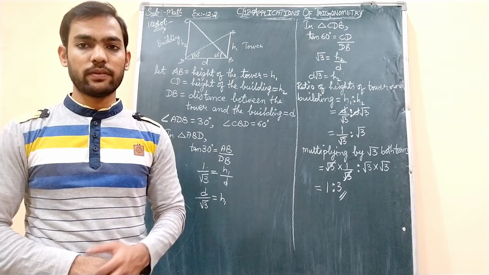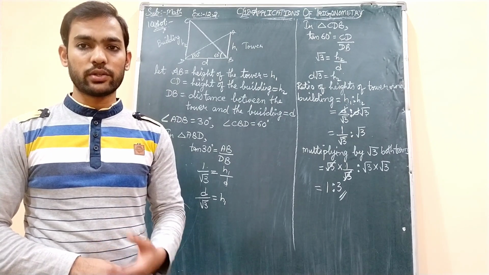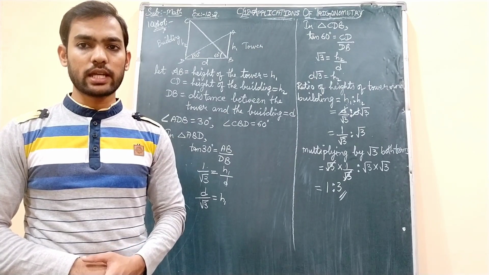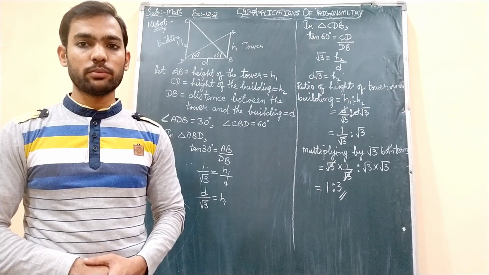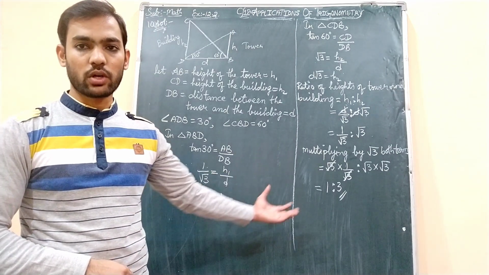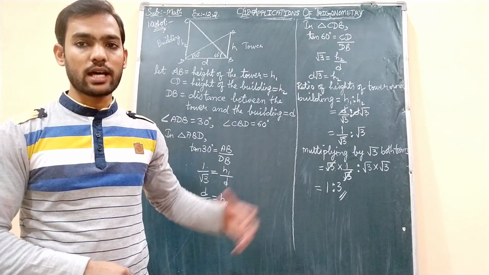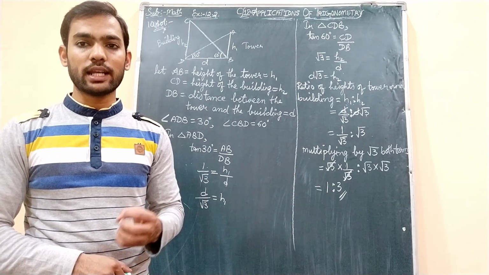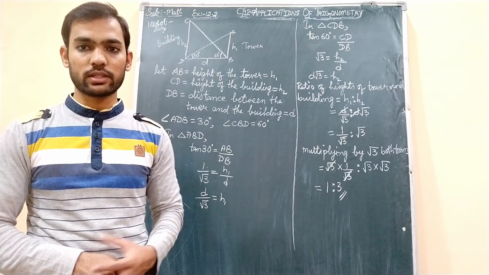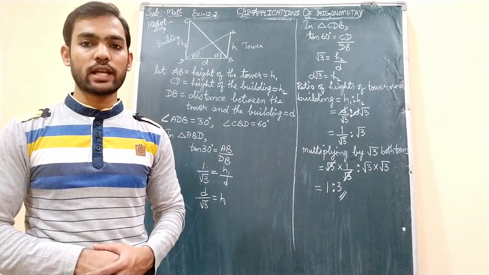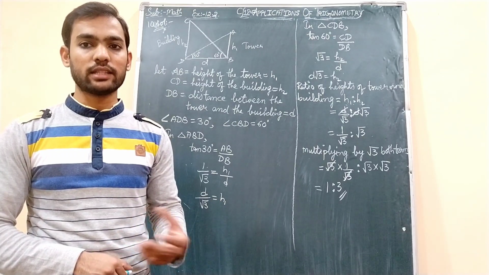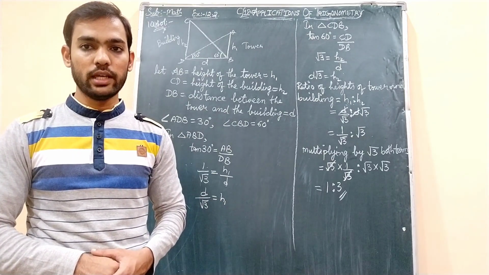Because as I said in my first class of this chapter, while introducing line of sight, angle of elevation and angle of depression, in 1 mark and 2 mark you may get questions just to draw the diagram for the given situation. You need not do any problem solving part. They will mostly ask solving for 4 marks only, and in 2 marks rarely they will ask the solving part. Mostly in 2 mark or 1 mark they will ask just to draw the diagram for the given situation. That's it. So drawing of the diagram, that practice you must do, and it's good if you practice the do this, try this and think, discuss boxes that are allotted in the textbook.